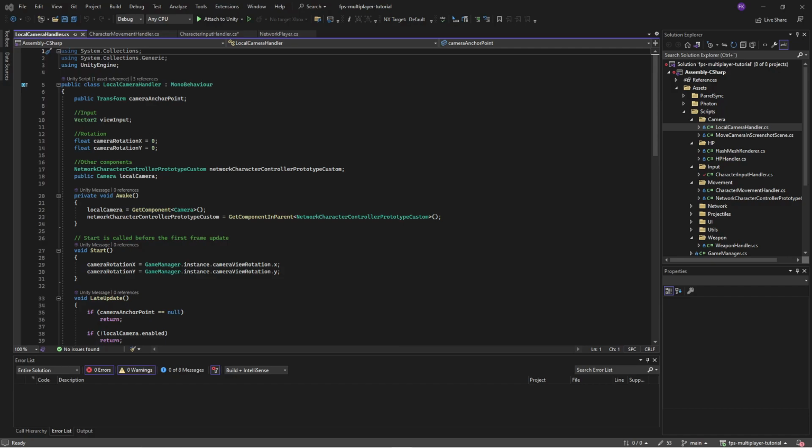We want to add a way for this to actually change our camera mode, and for that to work as well, we need to get access to our Cinemachine virtual camera, because we need to be able to turn it on and off, and also to be able to set the target, because remember, we need a follow target and we need a look at target, and we can set that from our code here. So let's add our Cinemachine to this. So another component here,